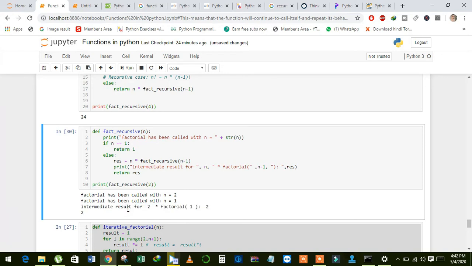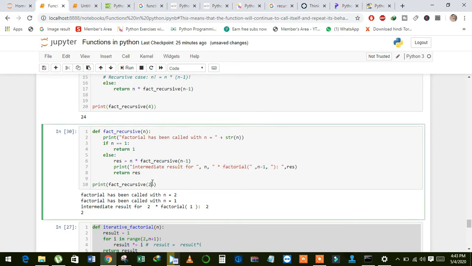In this portion I have written n, and this is the value of n. Then I have written this string, and in this string I have passed n minus 1, and see here, star factorial of n minus 1, which is equal to 2, because factorial of 1 is equal to 1, and when the value of this function is multiplied with 2, it returns 2.